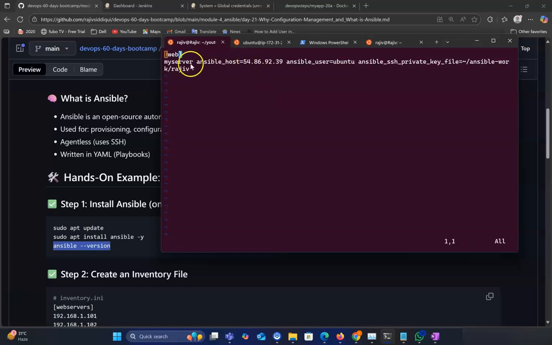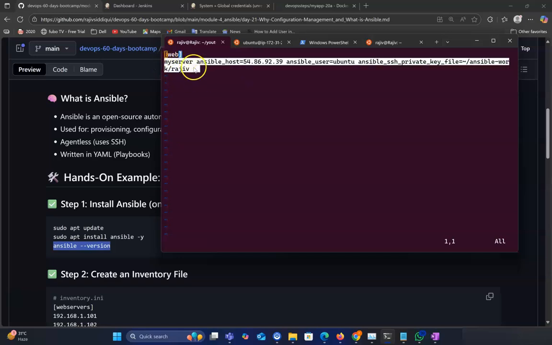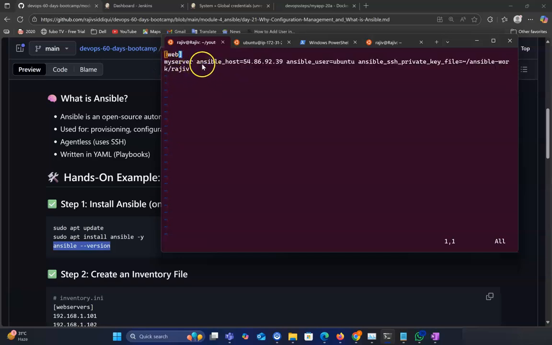Okay, so in the file, basically we give a name of the server. This just gives a name, my server, so Ansible can work by this name also. Then we need ansible_host. We need to put that IP, our target server IP. Then ansible_user, which user is that? Here this is an Ubuntu server, so it's the ubuntu user. And where is our private key location? So our location is,